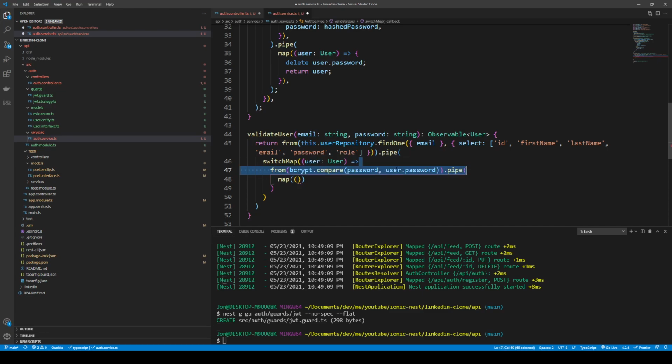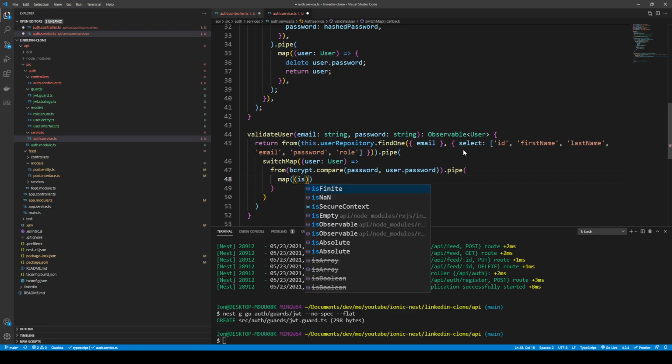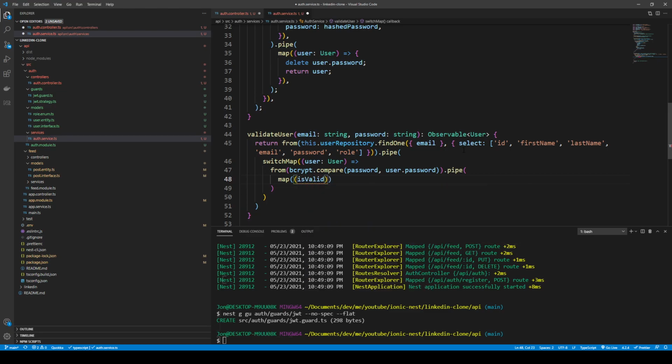because the compare returns a Boolean value, but we don't want to return a Boolean, we want to return a user. So we can map into that response, and I can just say isValidPassword. It's either going to be true or false, and we'll just say that's a Boolean, just to be clear. Essentially, if there is a valid password,